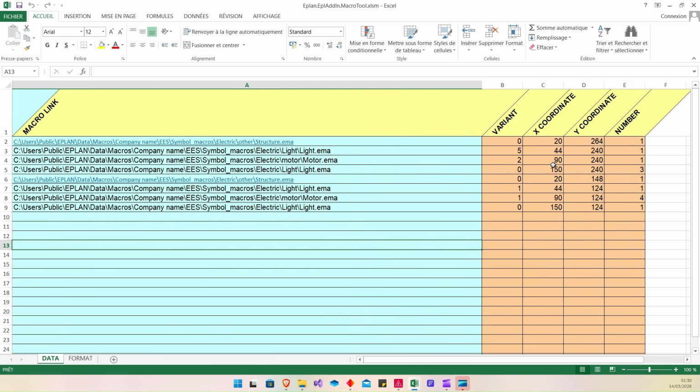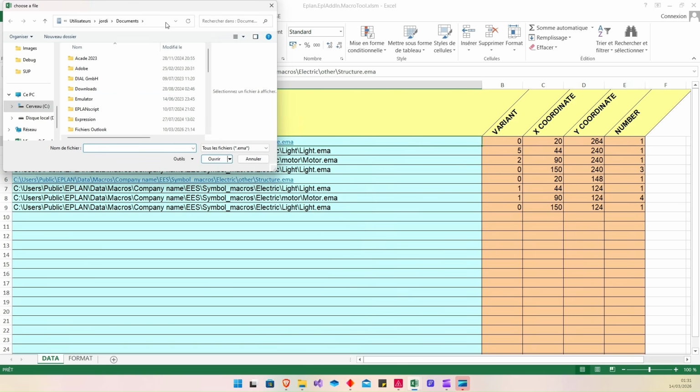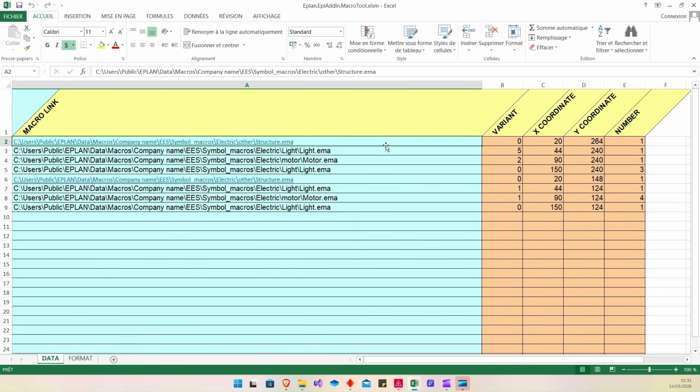So we can use this, or you can also use your own Excel file as long as you respect the structure with 5 columns and this organization. The advantage of my Excel file is that I also inserted an Excel macro that lets you go directly to find the folder and copy the link of your macro.